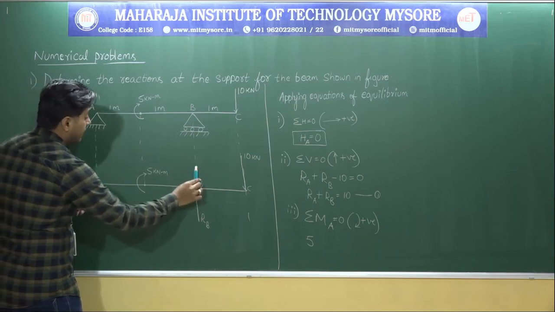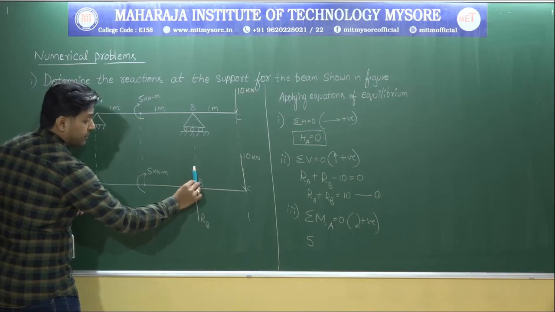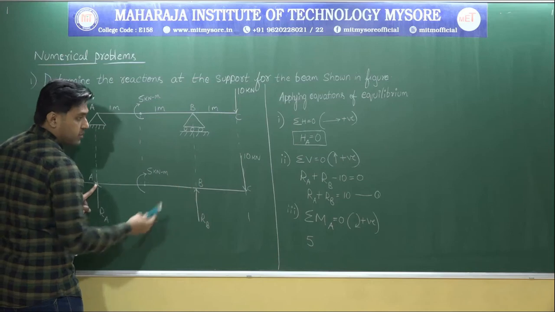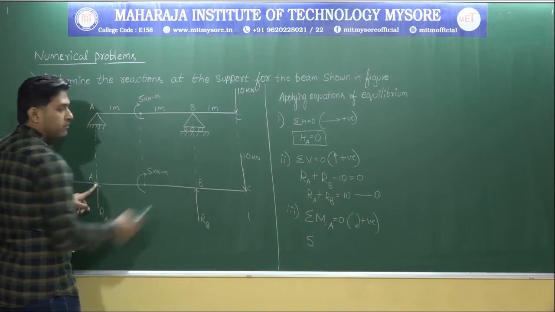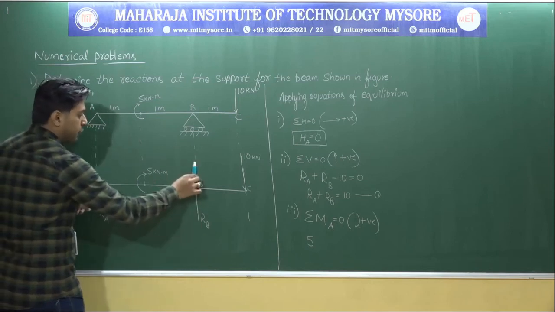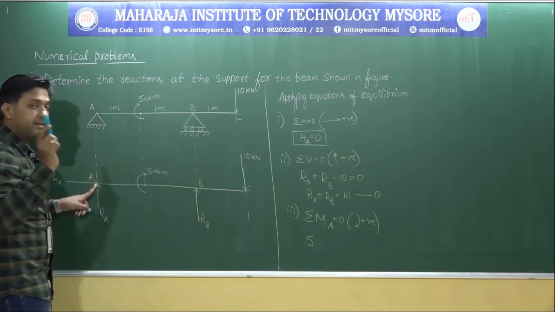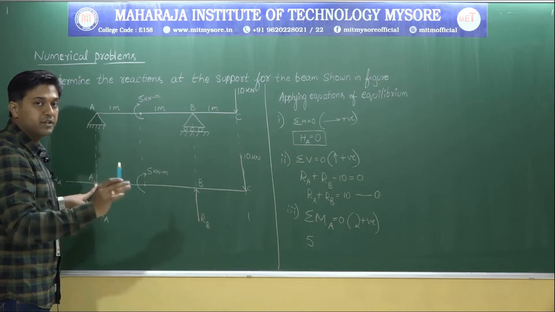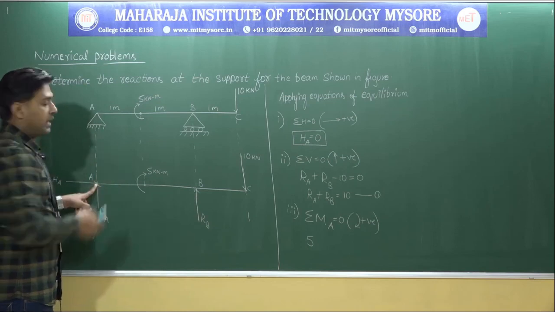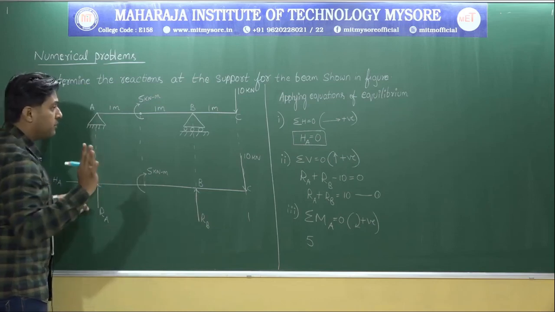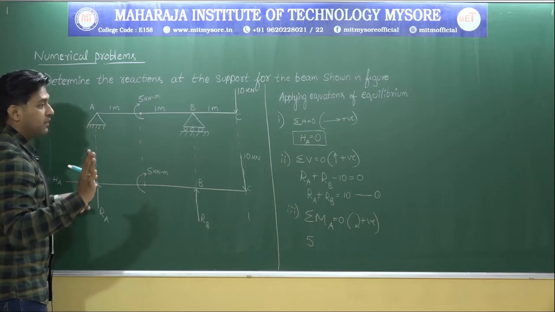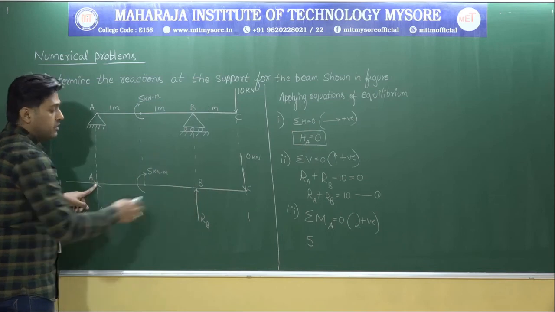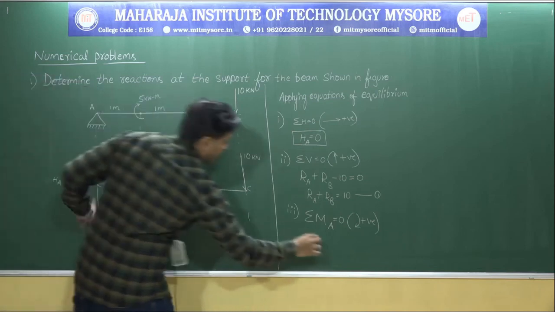Sir, why is it anti-clockwise? Why not clockwise? Observe here. Clockwise means it is the longest distance. It needs to go and touch it like this, which is the shortest distance, this one and this one. So therefore, this RB, force into perpendicular distance. Please remember one thing. What is the formula to calculate the moment? Force into perpendicular distance. As it is a pure moment, I have not multiplied with any distance. But now, I want the force value. So the force is anti-clockwise, minus RB